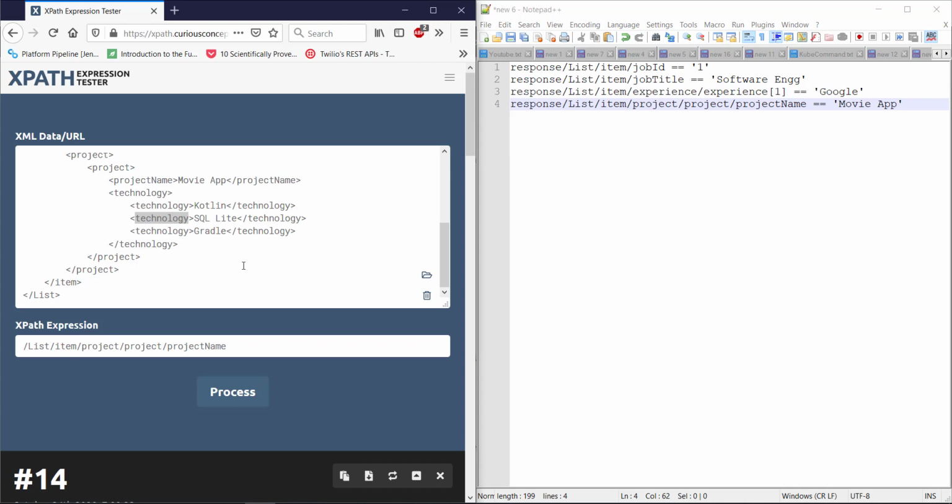For this entry, the XPath will be response forward slash list forward slash item forward slash project forward slash technology, again one more forward slash technology, and then the index value.